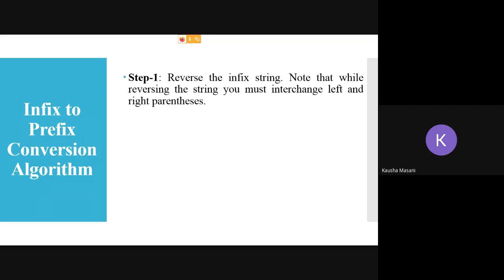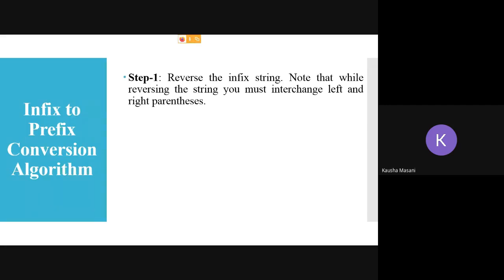So the very first step here in infix to prefix conversion is that for the given infix string, you have to reverse the string. See here in infix to prefix, if you need, please note down the rules. These are the steps. If you need, kindly note down the steps in short, not all the sentences like this, but in short you can write down somewhere. Step one is to reverse your infix string.